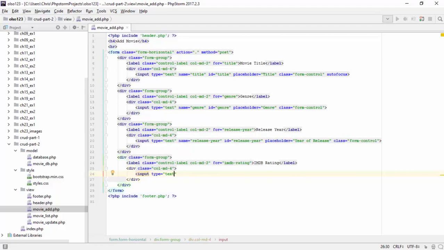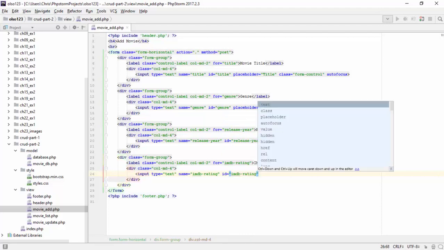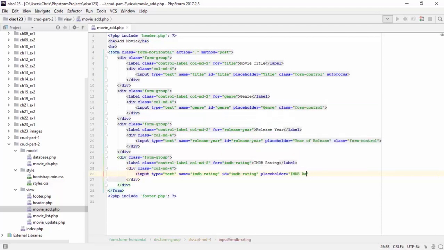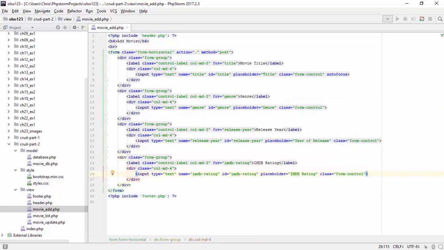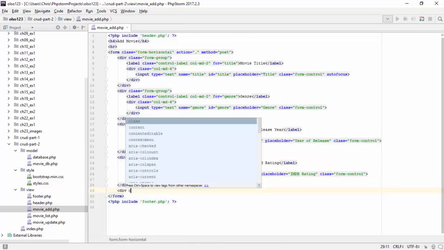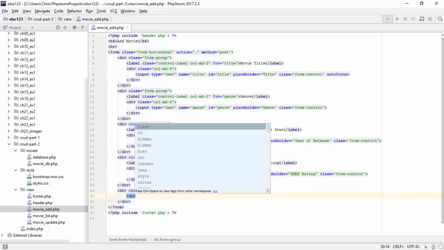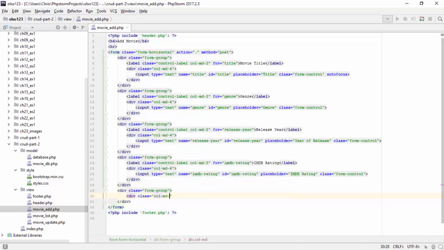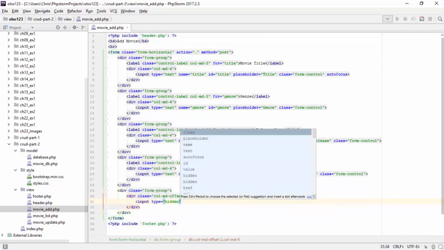When you do your assignment, this shouldn't match exactly. You should have labels and input elements that apply to the fields that you added to your table. It should not be the same as mine with movies. After I've included my 4 text boxes and labels, at the bottom of the form I'm going to include another